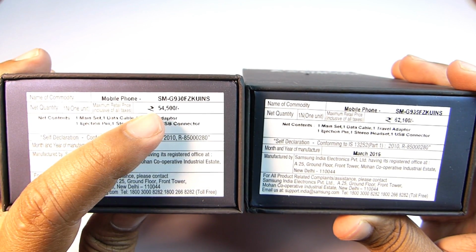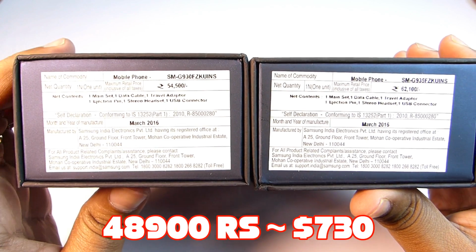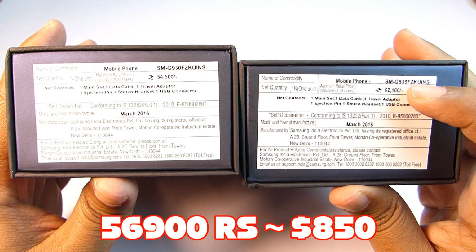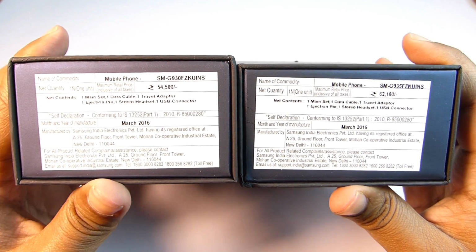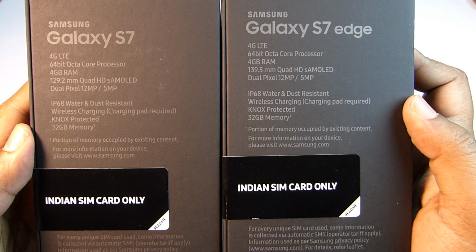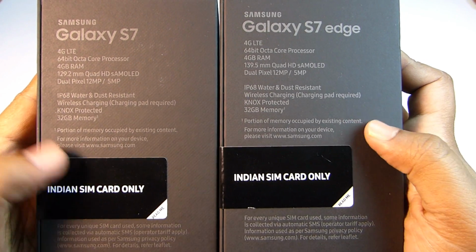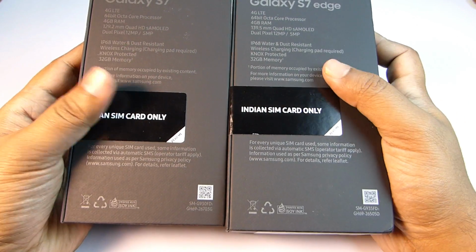Now the retail price of the S7 in India is 48,900 rupees, and for the S7 Edge the price has been set at a whopping 56,900 rupees. If you pre-book now, you also get a Gear VR free of cost, which is worth around 8,000 rupees. Definitely the price will go down by at least 10 to 15% after this pre-book offer, so you can wait for a while if you don't want the VR, and you need to install an Indian SIM card first to